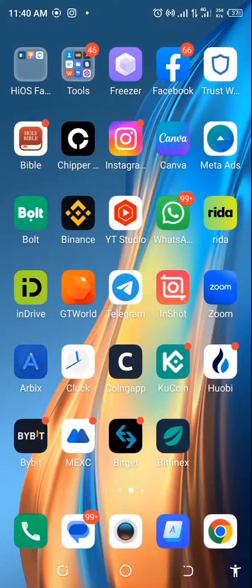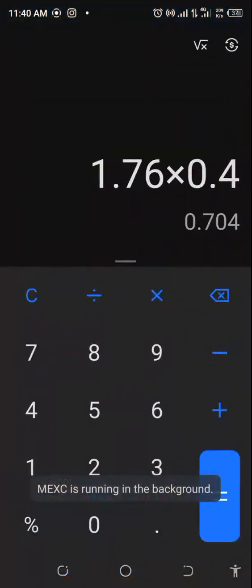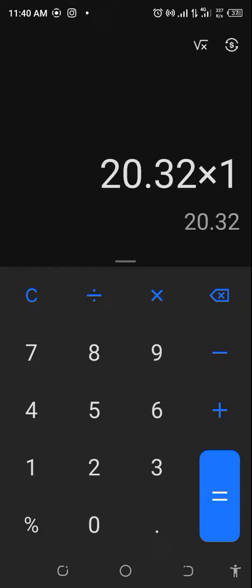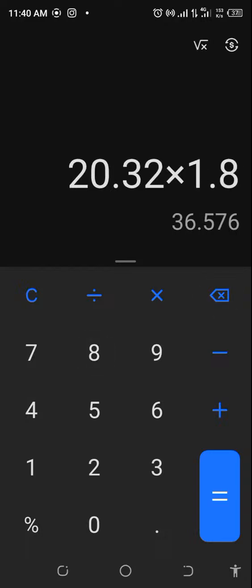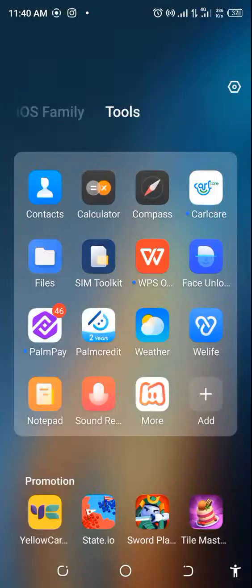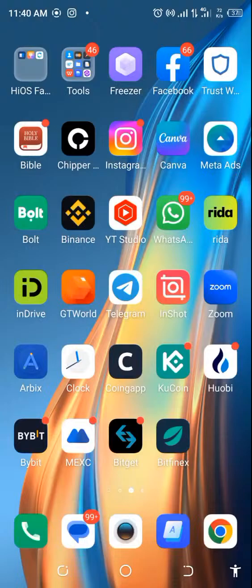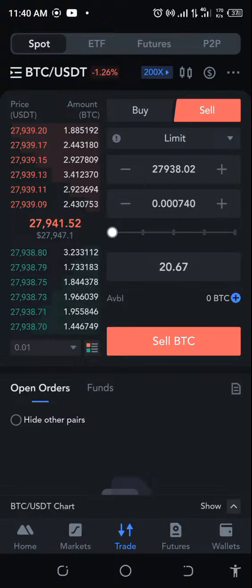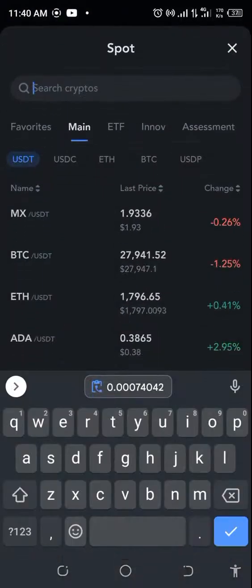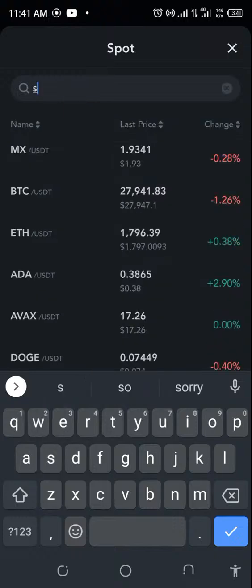So if I check the percentage, what will that give me? 20.32 times, let's say 1.5, what's that giving me? Oh, it's more than 1.5, 1.8, okay, 1.7. Looks like 1.7-ish. That's fine. So let's quickly go ahead and try this out and see how this works. We're going to be making sure that this still gives us good results. So let's go back to our Senso,